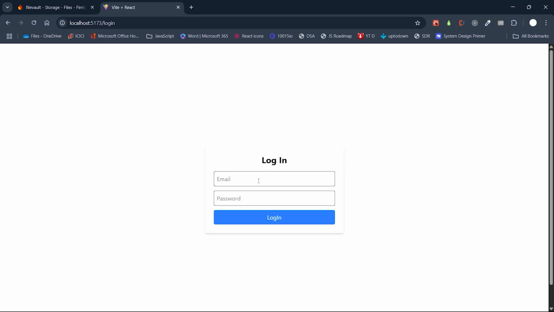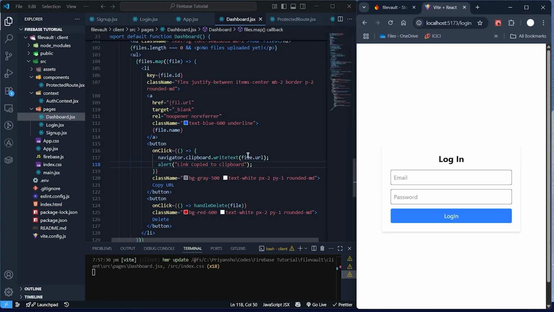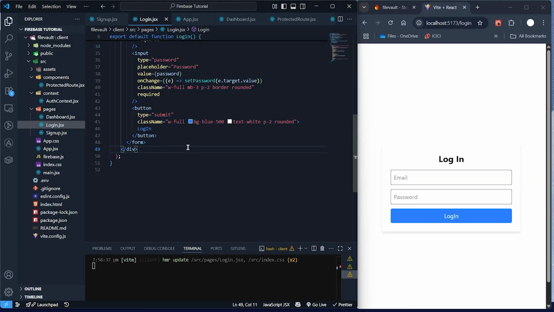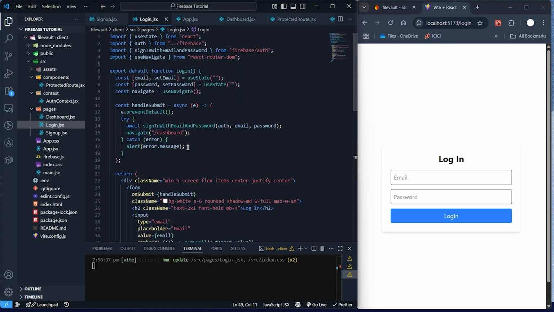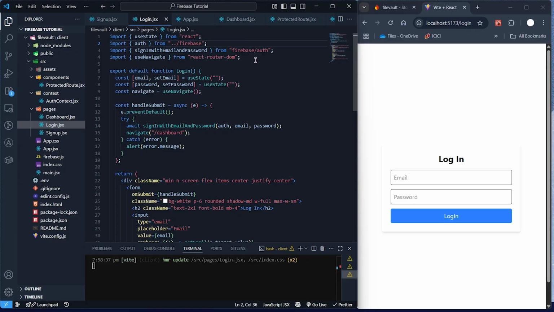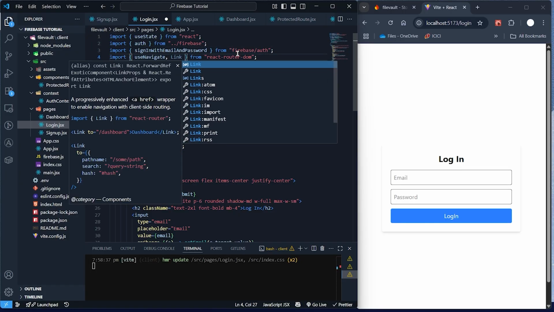Let's try again. Let's log out. We are on the login page. Let's add a button over here for sign up as well, so that if you want to go back to sign up, you can. All right, because now currently I can't. So let's go to login. What we can do is we can import the link. I think that will be a good option. I can import link,